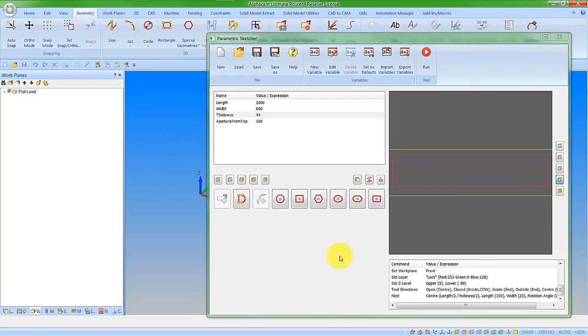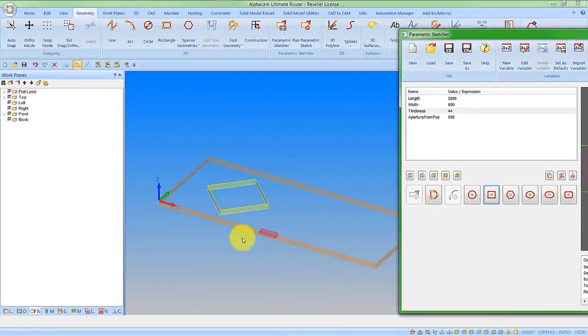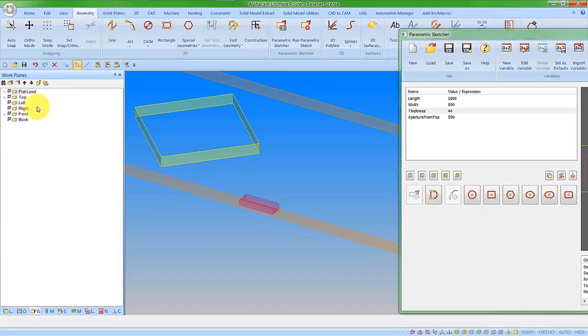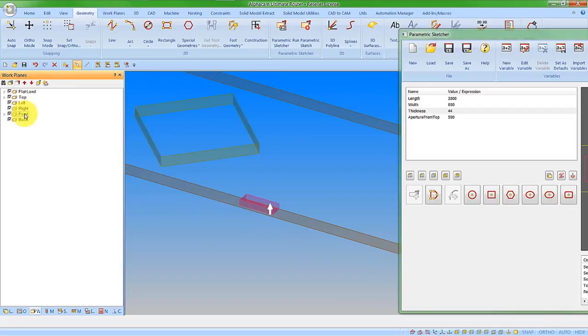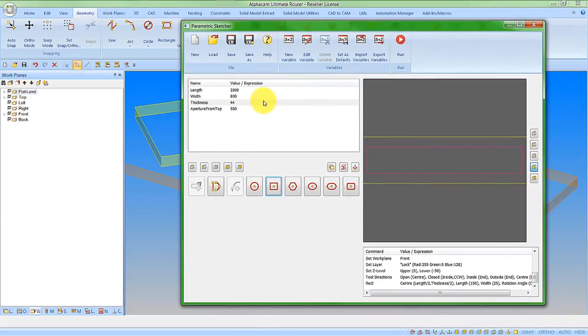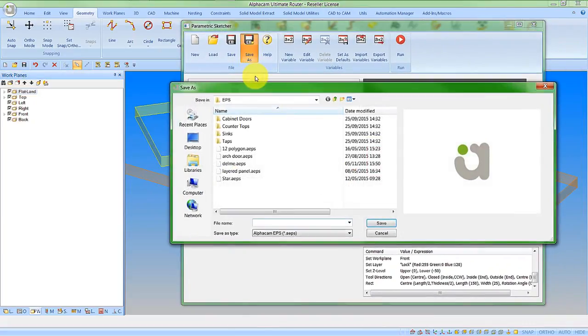Let's get rid of the drawing on screen again and just run this, and we can see, if I move the dialog out of the way, that we now have our horizontal feature, our vertical features, and they're all on the applicable work planes. So that is defining a very simple sketch. I can then go save as and save it to my series of either subfolders, but Alphacam will always look in the EPS folder for any parametric sketches. So I can call that door example,